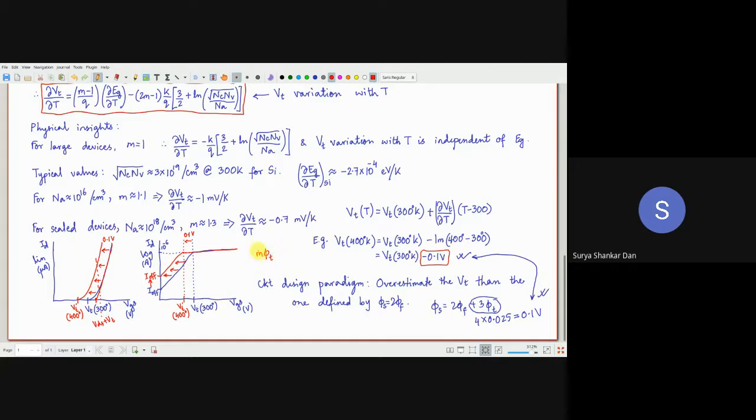Okay, so m is a constant, phi t is a constant. So that means the subthreshold slope, this slope which we are speaking about, is independent of the VGS. It depends on temperature, it depends on many other factors, but it is independent of VGS. What is going to happen here is that it is m into phi t. So what was phi t? kT by q.